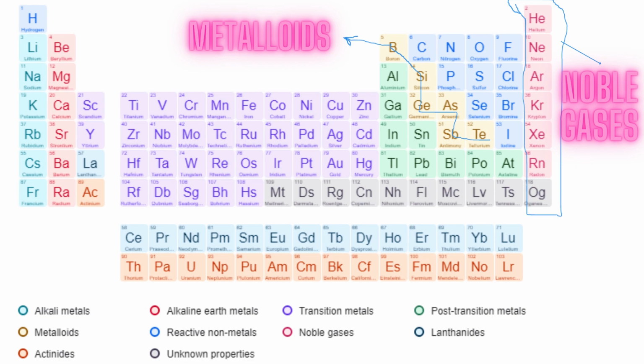use in electronic devices. The metalloid arsenic has a long history of use in medicine, as well as in agriculture and industry. However, it is also a toxic substance that can cause serious health problems, and its use is now strictly regulated. The noble gases were first discovered in the late 19th and early 20th centuries, largely through the use